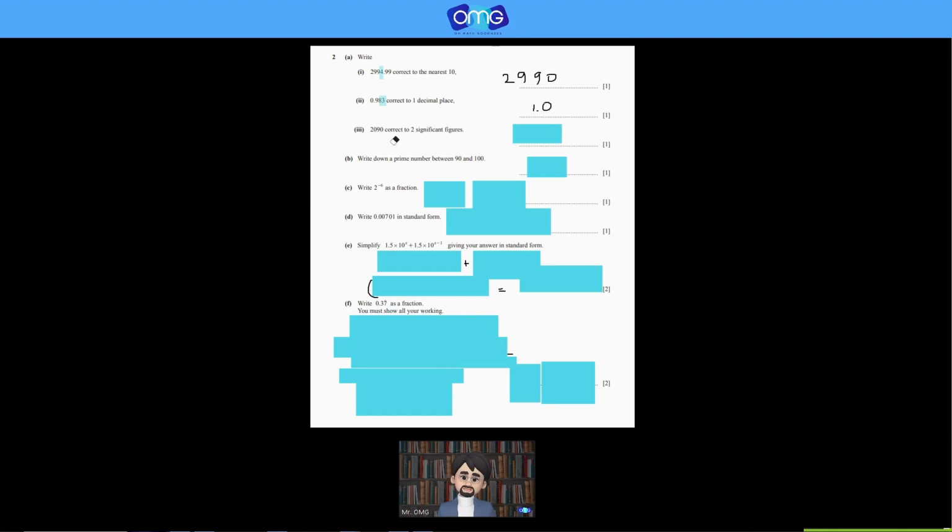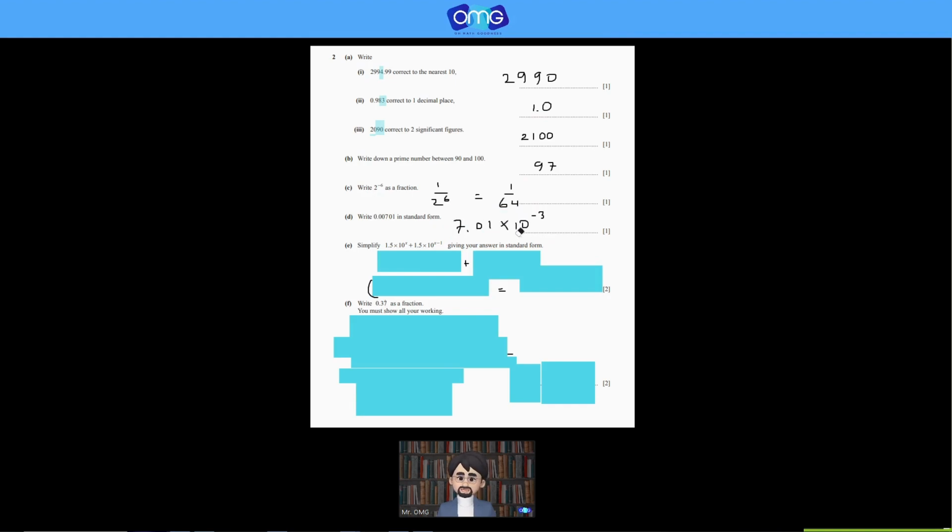Yeah. And make this into two significant figures. For two significant figures, we need to get rid of this, and that's the significant figure, that is 2100. And write down the prime number between these, yeah, that's 97. 2 to the power 9 minus 6 as a fraction, that's 1 over 2 to the power 6, and that's 1 over 64. And write down this in standard form,